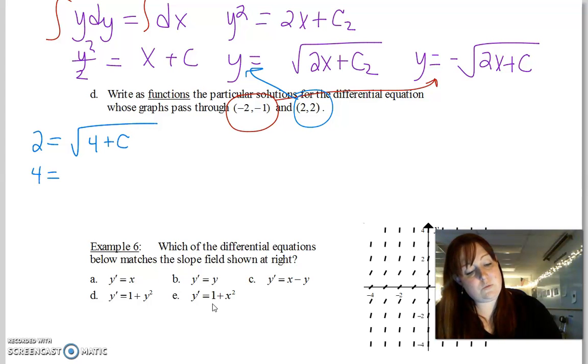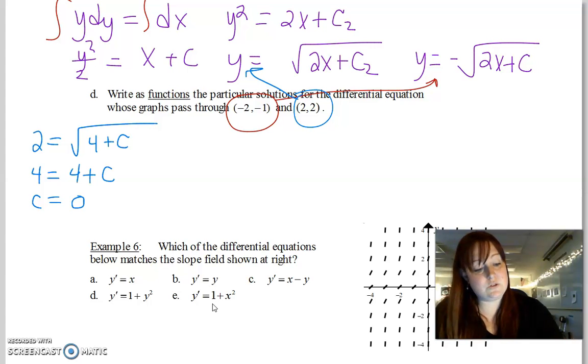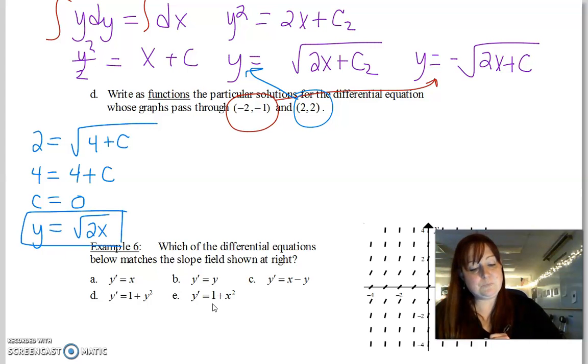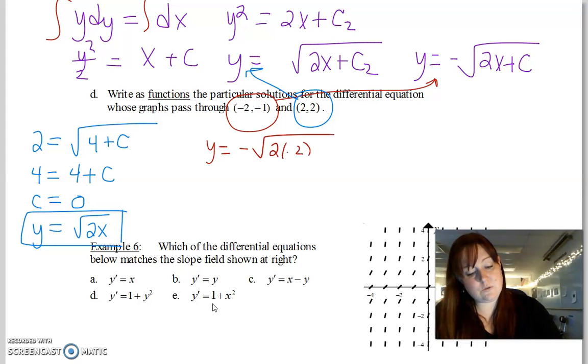we get 4 equals 4 plus c, and we get c equals 0 because we subtract 4 from both sides. So our particular solution for this one is y equals the square root of 2x plus 0, which is just 2x. All right, now this other one, we're going to go ahead and plug in y equals negative the square root of 2 times negative 2 plus c, and I forgot to plug in my y, so that's going to be